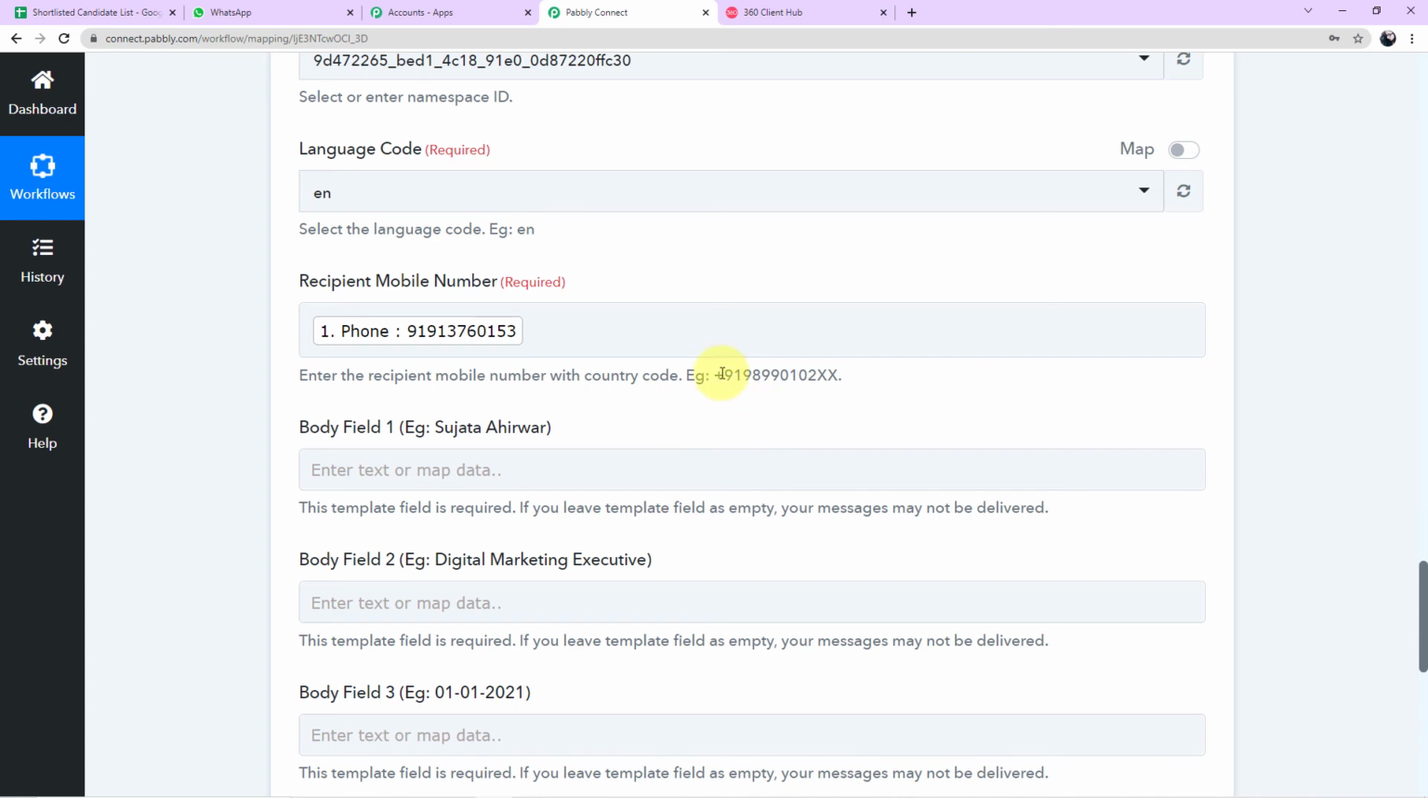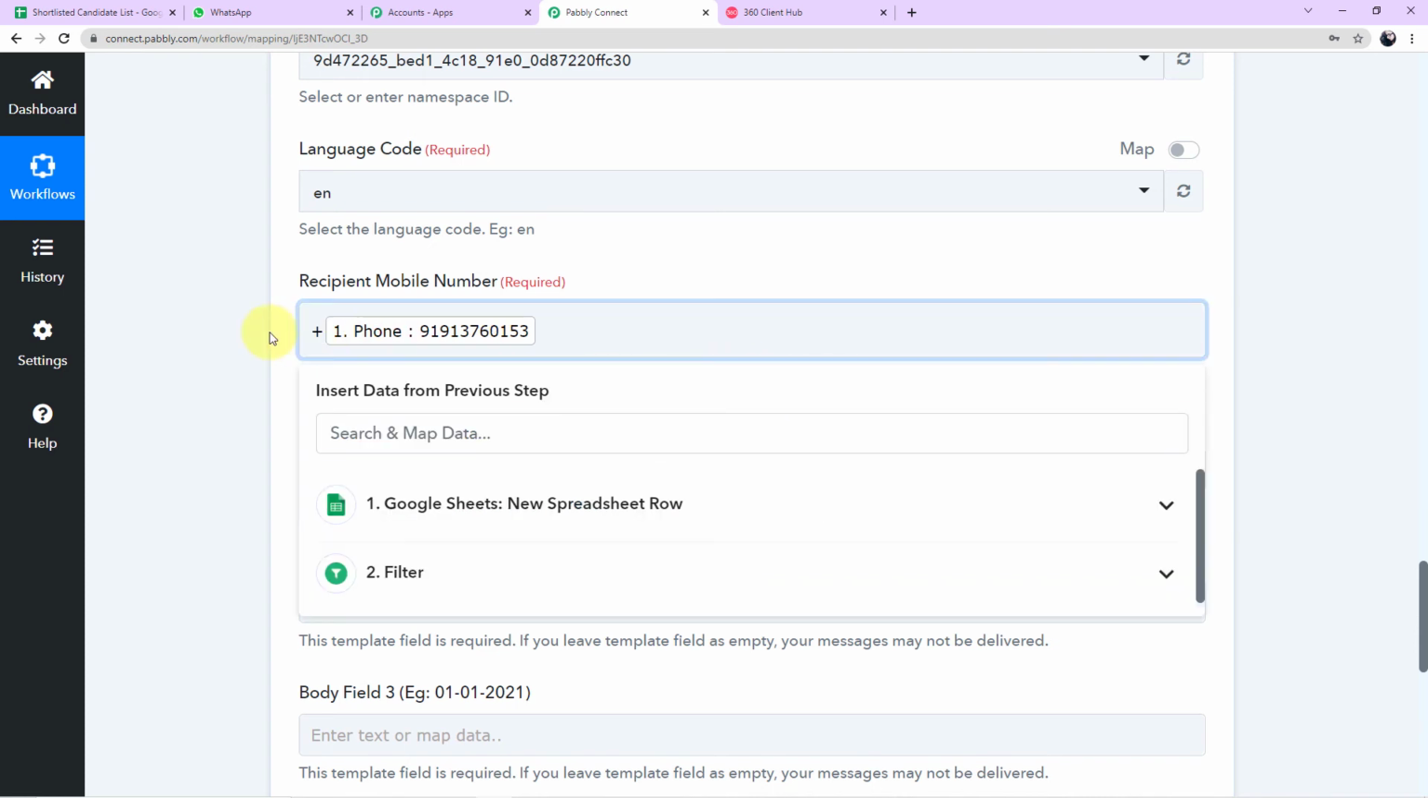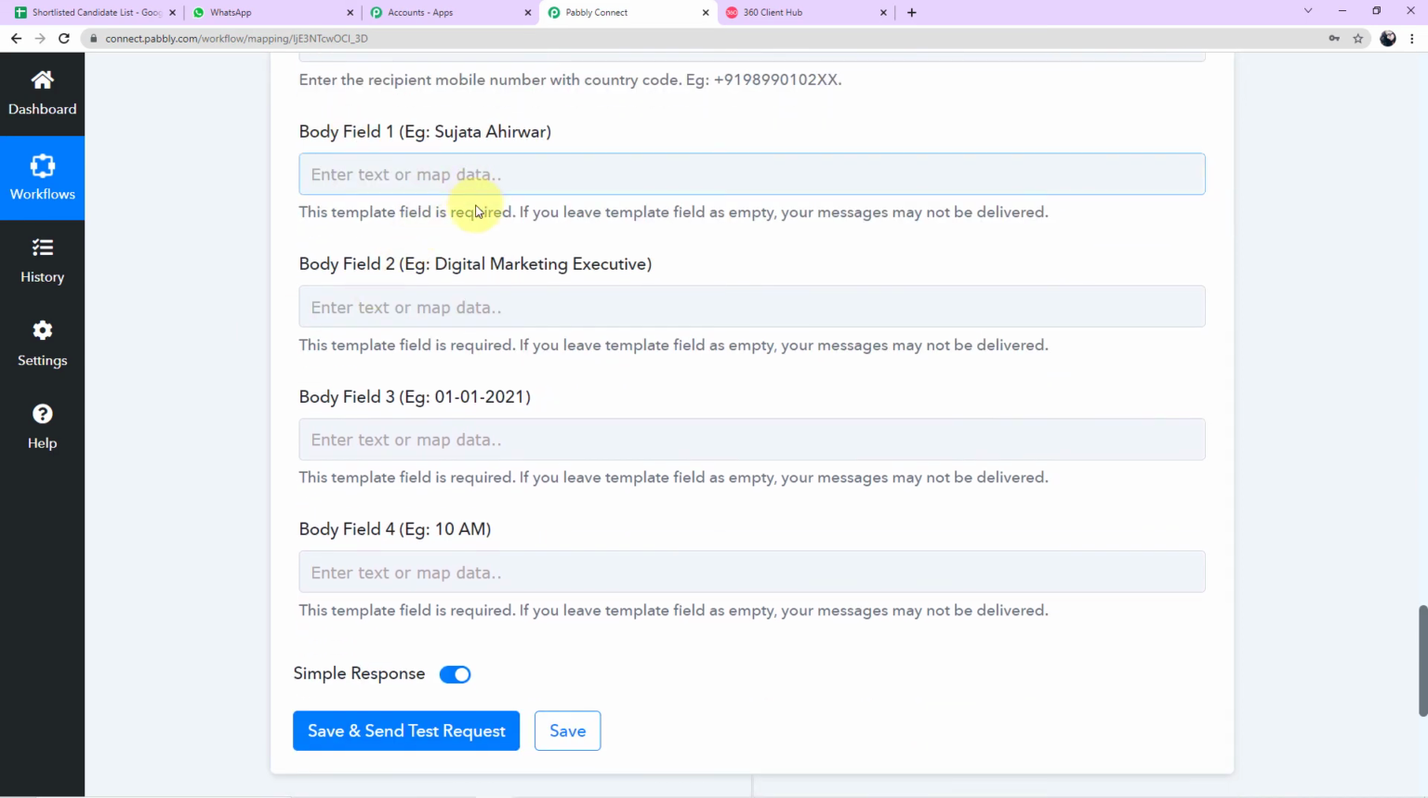And you have to enter this number in this format. So let us put a plus sign also here. Now it will ask for these body fields 1, 2, 3, 4. So what are these? Let me show you in my